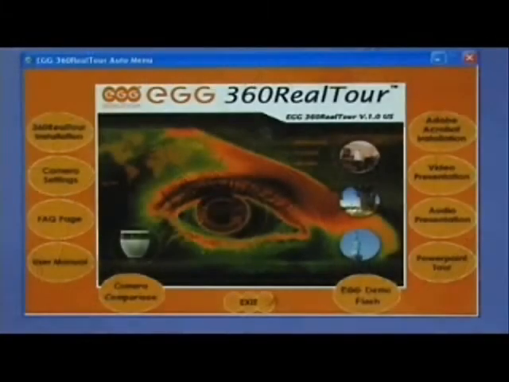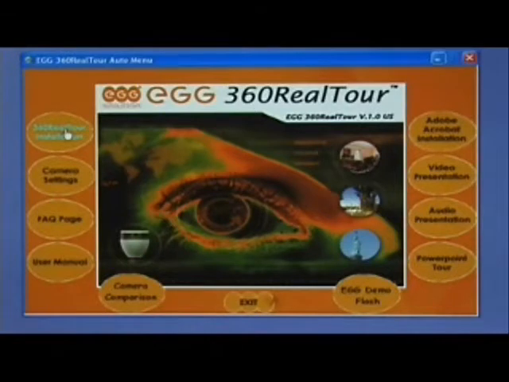When the software begins to auto-run, there's a whole list of different areas that I can preview within the Egg Solution software. You may specifically want to look at the camera settings page, but keep in mind that the software may be more outdated than the actual Egg Solution website. So if you don't see your camera here or your camera settings, make sure you go to the Egg Solution website. We're going to go to the upper left-hand corner to the 360 Realtour installation, and I'm going to click